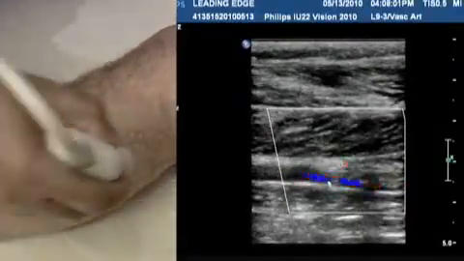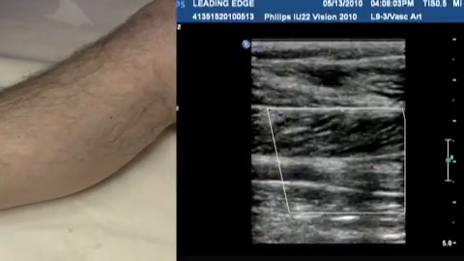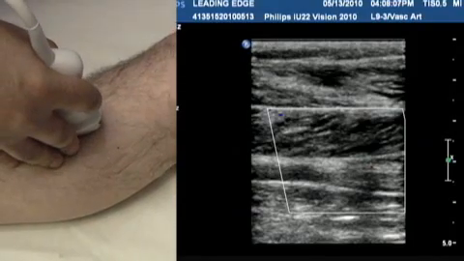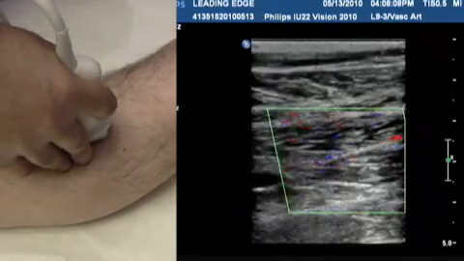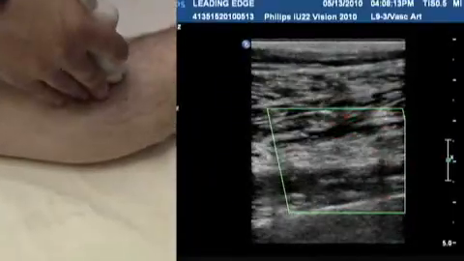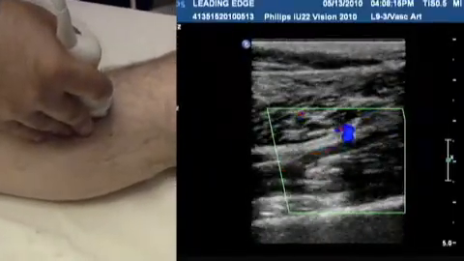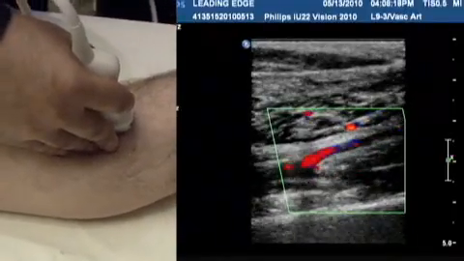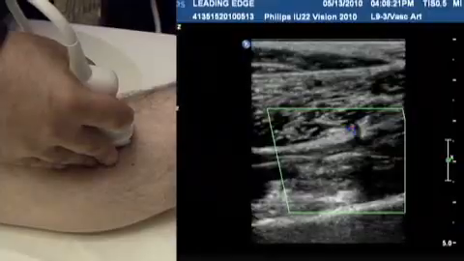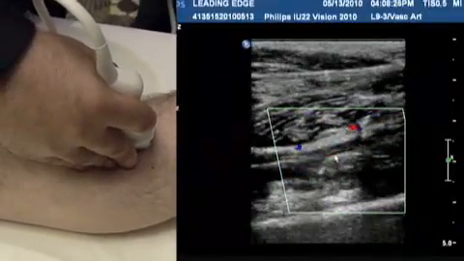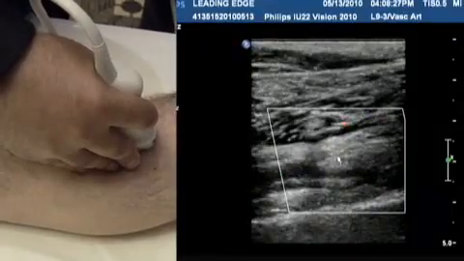I'm going to freeze this for a second. That's from a kind of a posterior approach. Let's use a more medial approach and see if we can identify that again from this approach. Sometimes this approach works better. I recommend that you try multiple approaches until you find the one you think works best. And this is a much nicer image in this model. And what you can see here, again, is the tib perineal trunk, the posterior tibial artery, and then the perineal